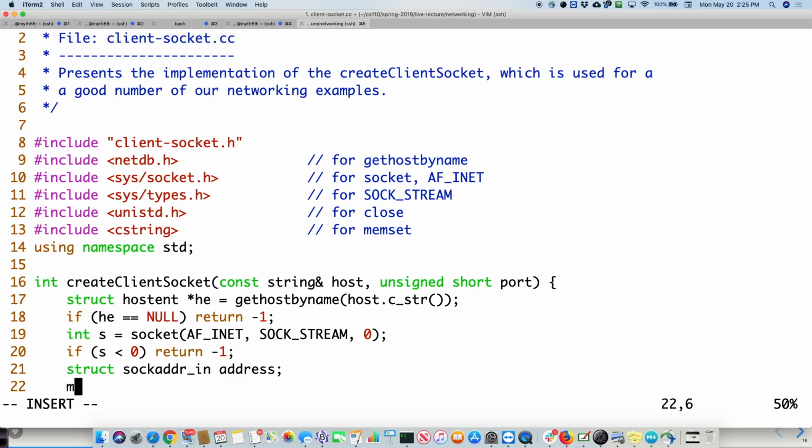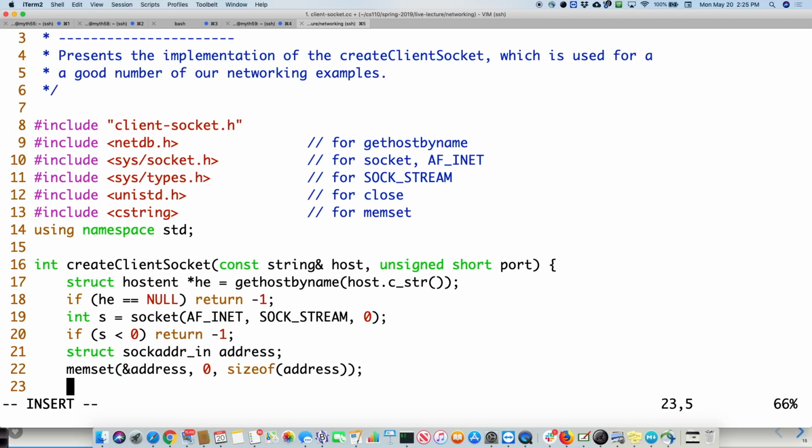The first thing we're going to do is memset &address, 0, sizeof struct sockaddr_in. Actually, we could also just do sizeof address. I think both would work.